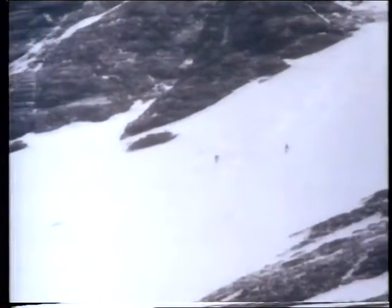Then Al shouted up to me and said, look, you've got people running out of oxygen, you've got somebody with loss of a crampon. It then became evident to me that we weren't going to make it. So I said, well, look, there's a rock up here, come up to the rock and we'll have a discussion. When we were at the rock, we all, I think at the same moment, twigged that we weren't going to make it up the couloir. So I said, okay, we'll leave